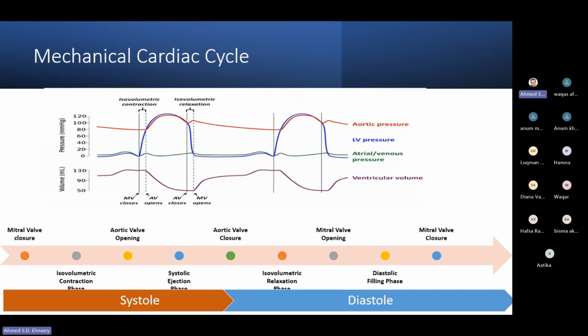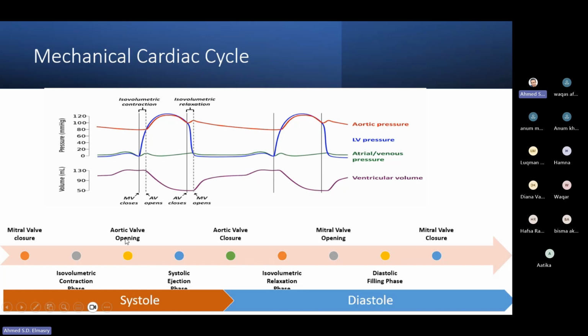And as we know, the mechanical cardiac cycle describes the changes in the pressure and volume inside the left ventricle throughout the cardiac cycle. So if we plot the pressure changes and volume changes, we can get this graph showing the pressure changes inside the left ventricle throughout all phases of the cardiac cycle, and also the changes of the volume inside the left ventricle throughout all the phases of the cardiac